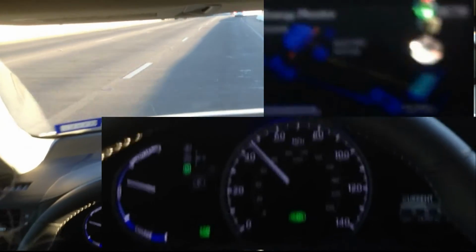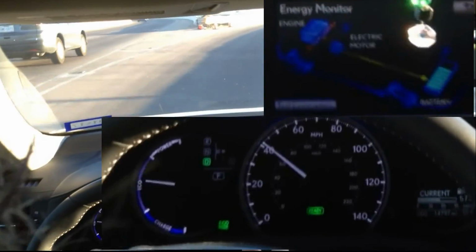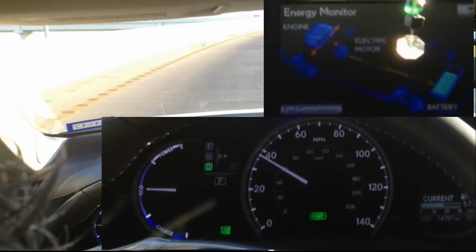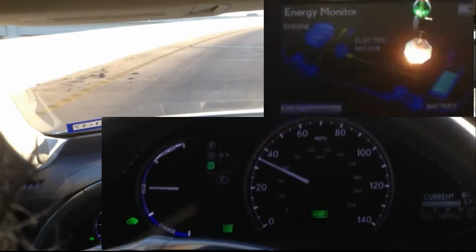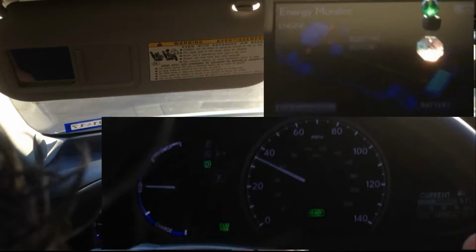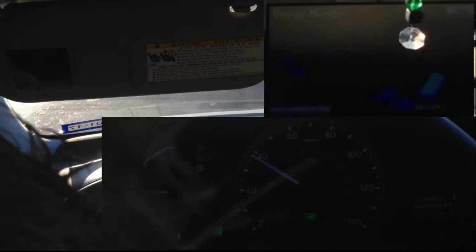So I'm losing speed as I go up the incline and keeping it at 60, because all cars lose speed and people don't know whether your car is just underpowered. So you can lose the speed, and once you get over the crest, I'm trying to stay at 60. I can see ahead of me there's a traffic jam. I'm actually at infinite as I come over this crest. It's very sunny, so I have another excuse for lift and feather, infinite. And now I've got a downhill run, exit lane,